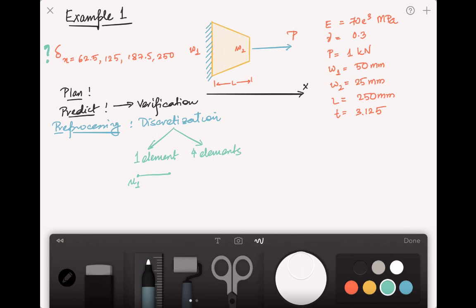It will have 2 degrees of freedom, u1 and u2, at the two nodes 1 and 2. I know from this that u1 is 0, and I can only find out the value of u2. That's not a problem if the question was to find out the edge axial displacement. However, my problem here is that it has asked me to find out the displacement at all these